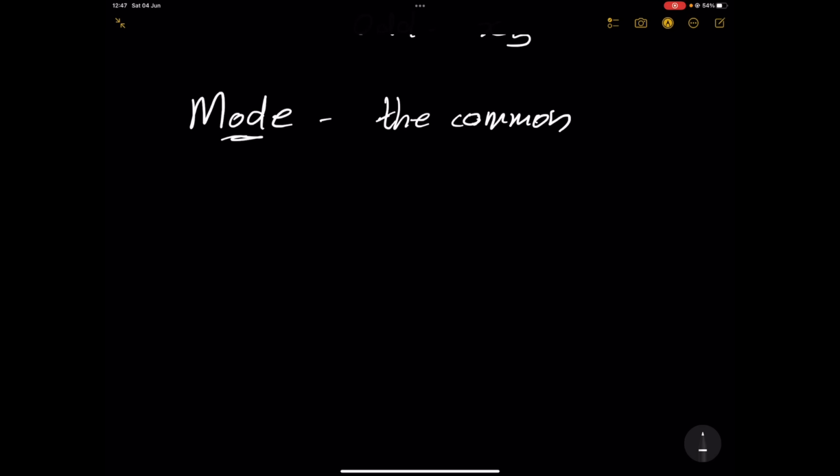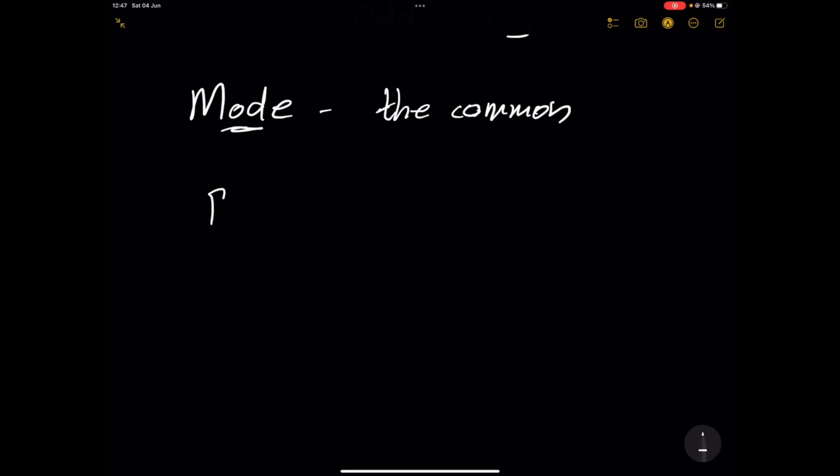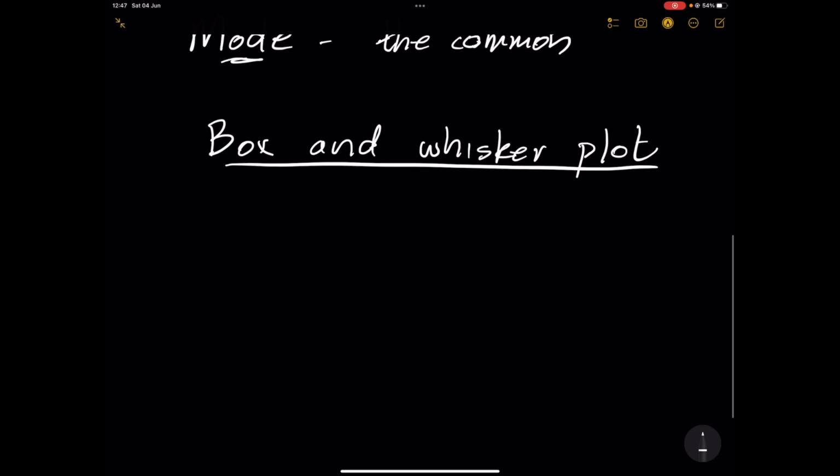All right. Now, when we are drawing a box and whisker plot, we're no longer talking about just the measures of central tendency. We are now talking about the box and whisker plot. There are values that we are going to be looking for, and the first value that we always look for first,